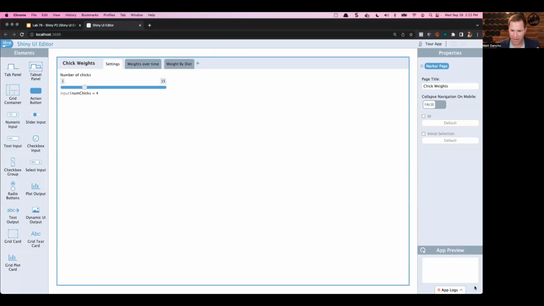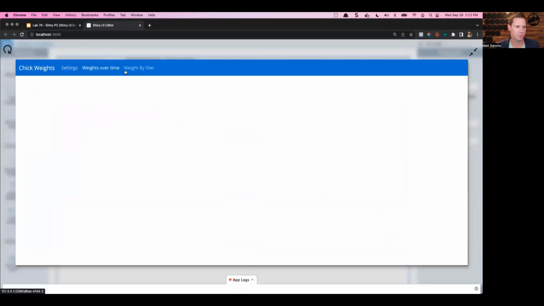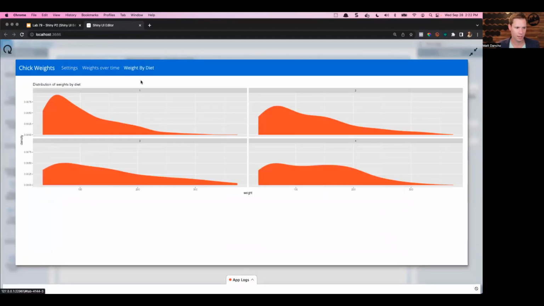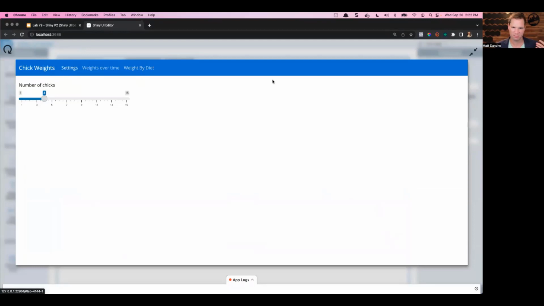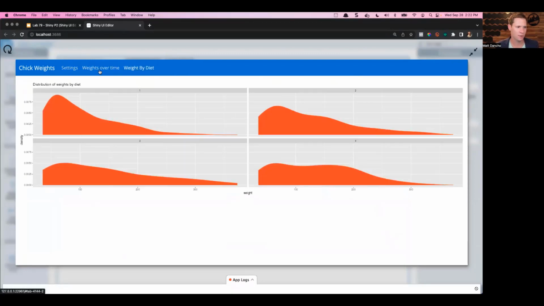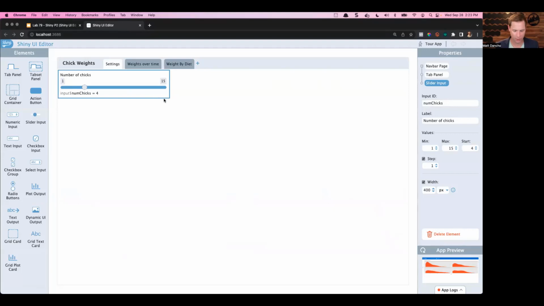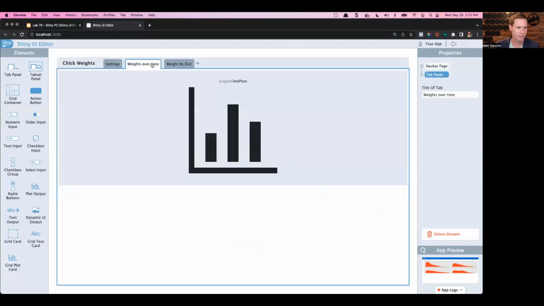Now, how this editor works is if I check out the app preview, this is the preview of the application. And you can see it comes with a little bit of niceties, right? It's got this little drag and slider, and it changes the weights over time, and it's a multi-page app, which is pretty cool, but it's probably not how you want it to look. So we're actually going to delete out a bunch of this stuff, and I'm going to delete this element, delete this element,